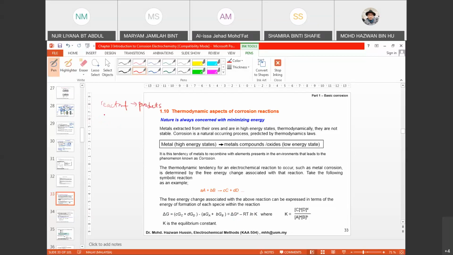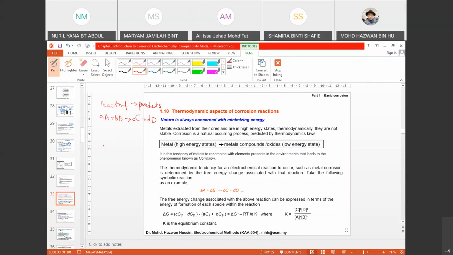So when you have a reactant to product, for example, A plus B forming C plus D,